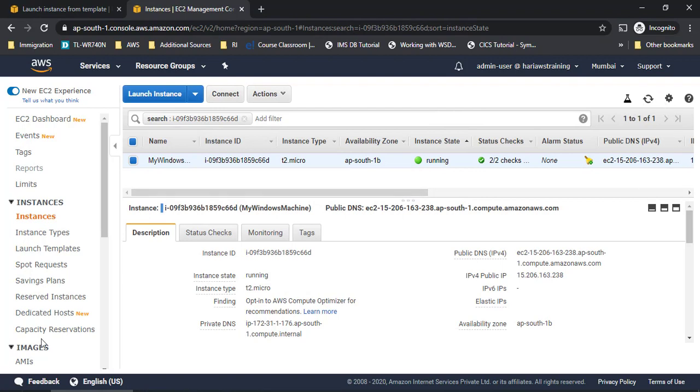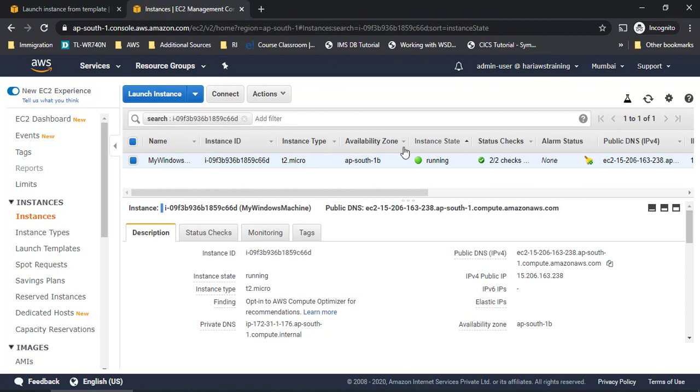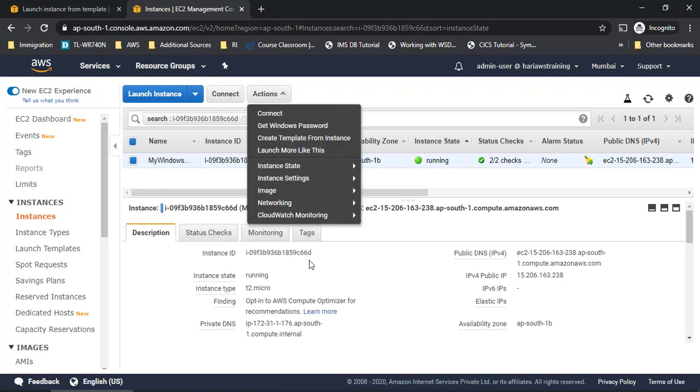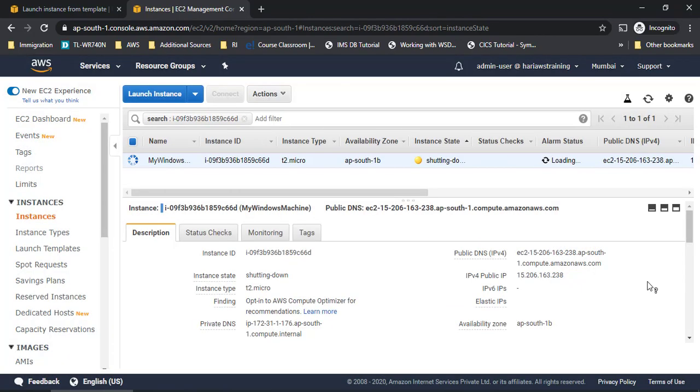Now we have seen how to log into a Windows machine using RDP, and the credentials are generated using our key pair, right? Let me refresh it and I'll terminate this to undo all the actions I've done. So I'll undo this by going to instance state and terminate. When I click on terminate, it asks me for confirmation. Once I give the confirmation, it terminates, and as the root volume also has the checkbox to terminate on termination, that root volume will also be lost. That way we are undoing everything and we are good to go, right?